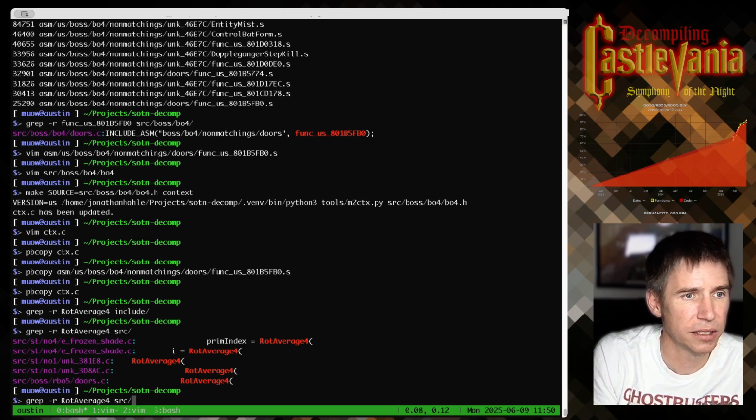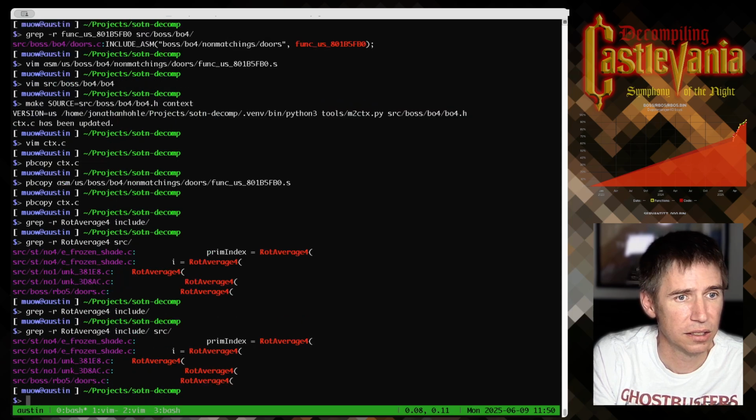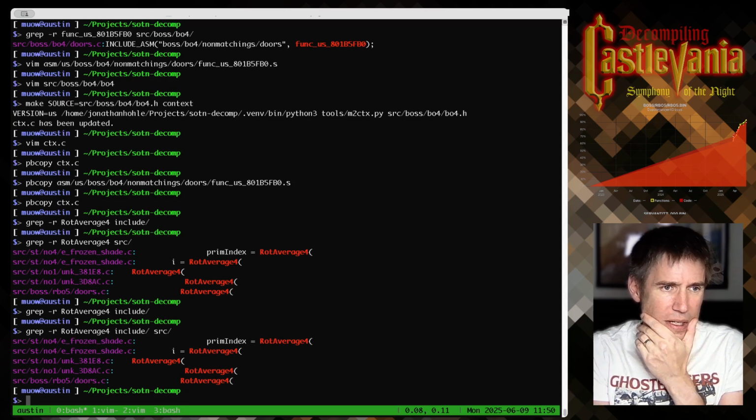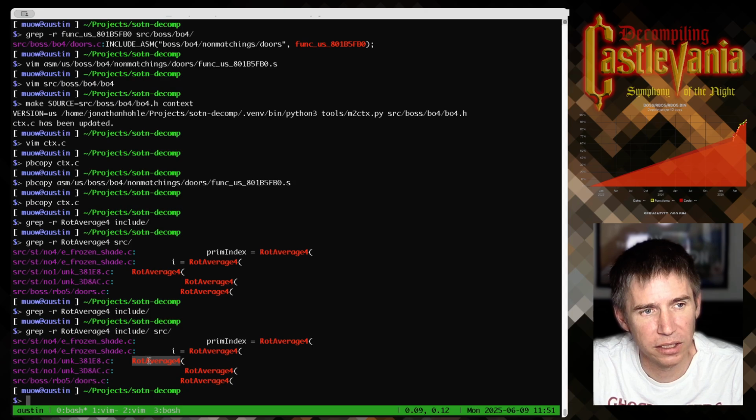Oh, where's my declaration for RotAverage4? It's not in include. And it's not in source. Is everybody just using this naked? Undeclared? I'm reasonably certain this is an SDK function. I'm going to go to the SDK and find this. Why won't we have it in...